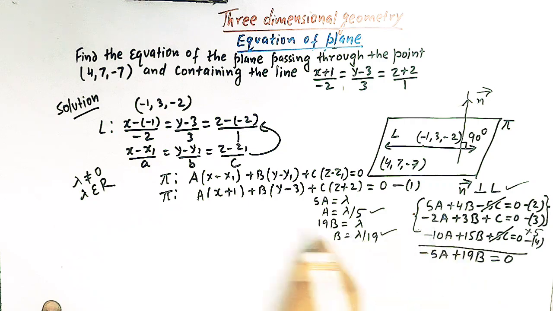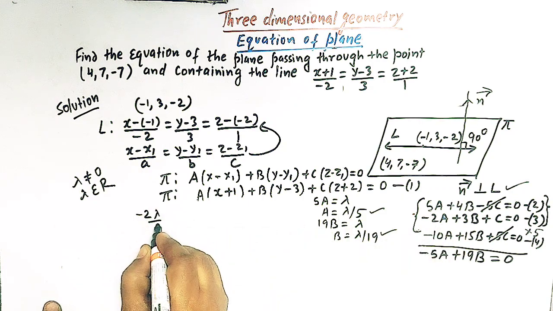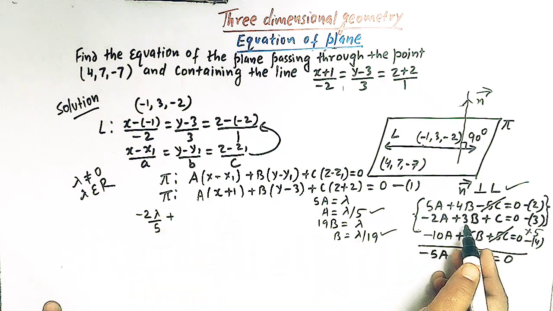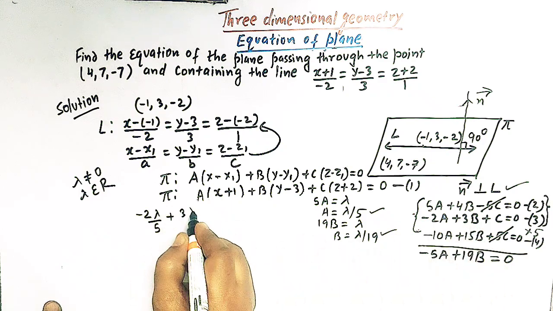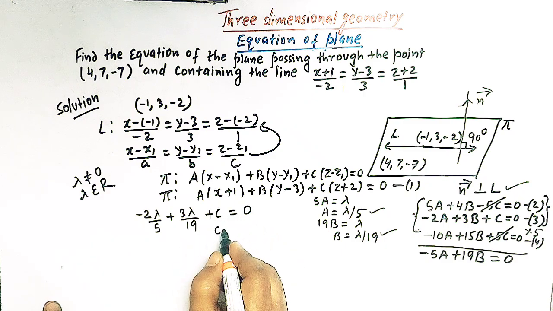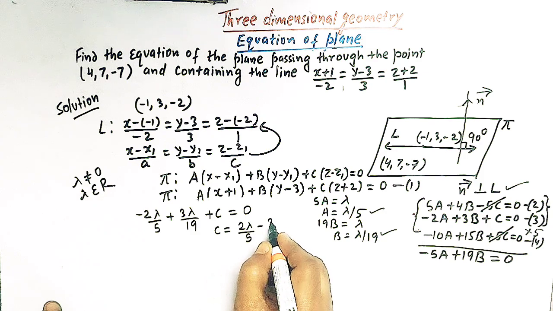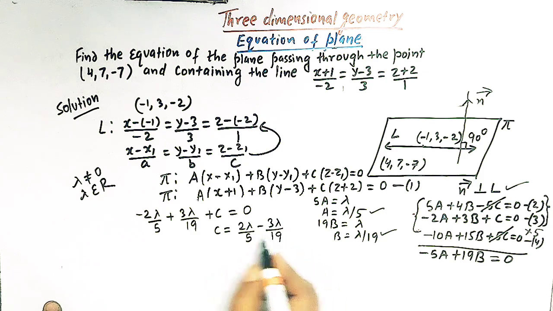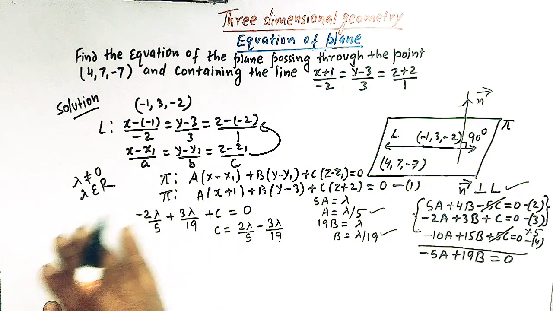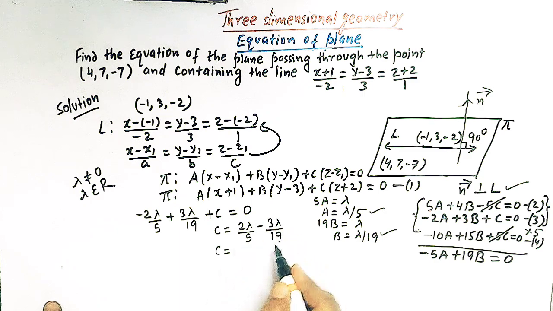So now we have minus 2a, a is lambda over 5, then we have 3b, so we have 3 lambda over 19, and plus c is equal to 0. So c is now 2 lambda over 5 minus 3 lambda over 19, taking these two terms to the right hand side. So now here to get the value of c, we have to solve this expression, and here we can take